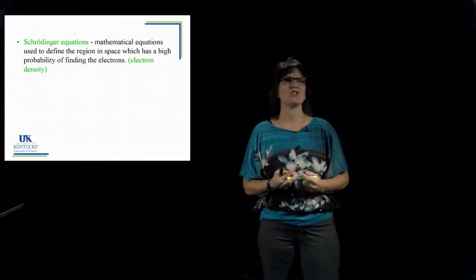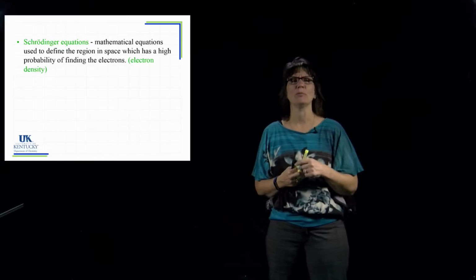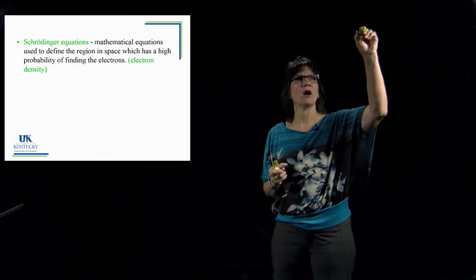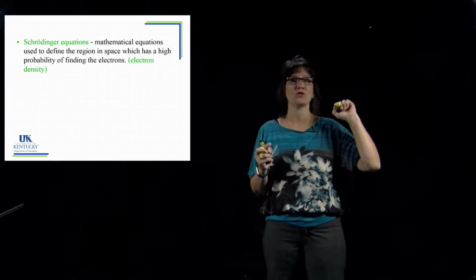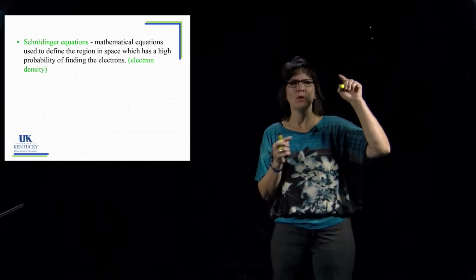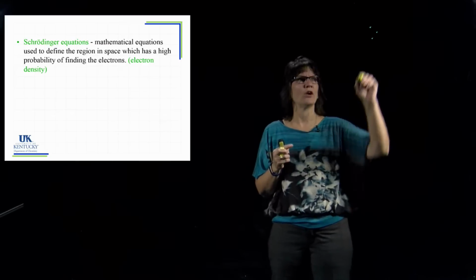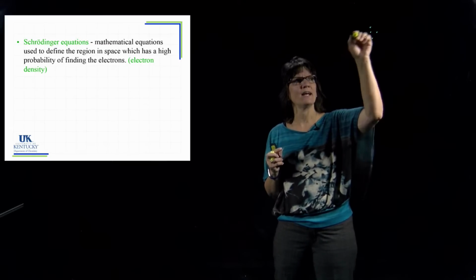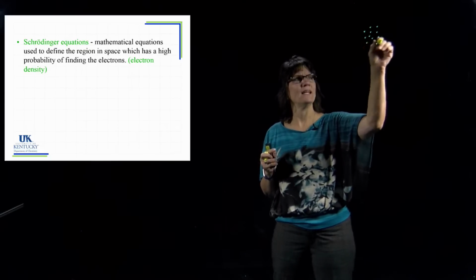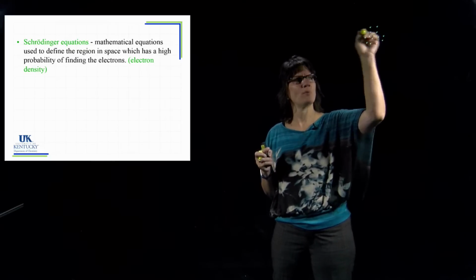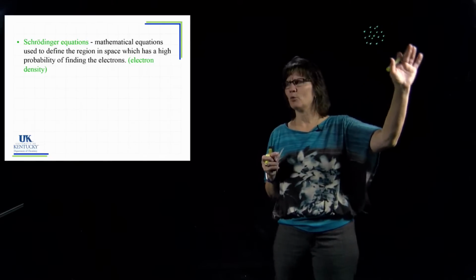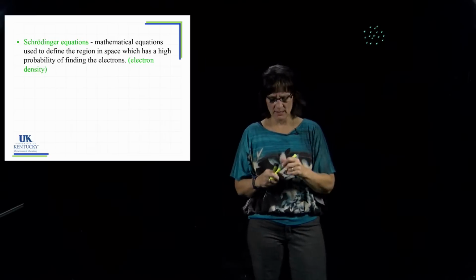So let's just imagine, let's look at an atom for a little bit, and let's say this atom had an electron in it, and we're monitoring and say, okay, the electron's here, we know that, we don't know where it's going, but we know it's here. The electron is now here. We don't know where it's going, but we know it's here. And we know it's here. And we keep locating that electron, and we find that that electron is kind of in an area where you just have a high probability of finding it, okay? And if we look out here, we're not seeing it.